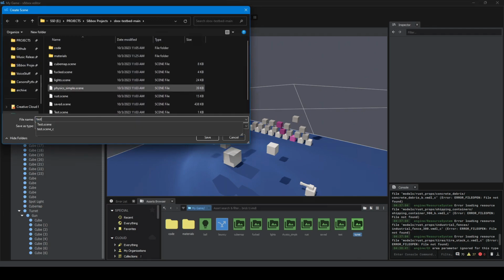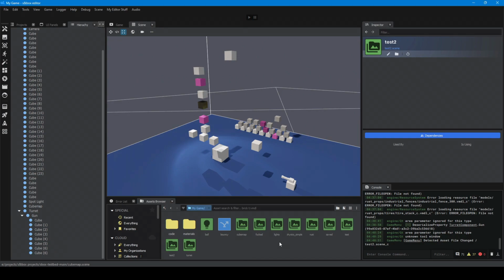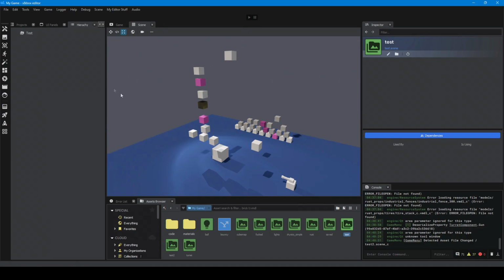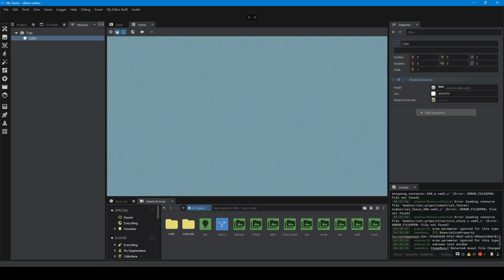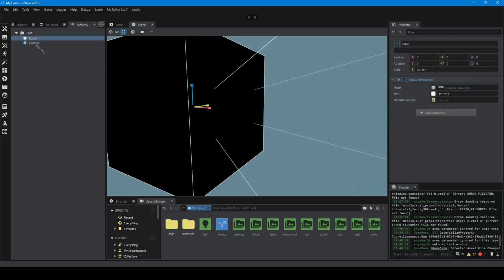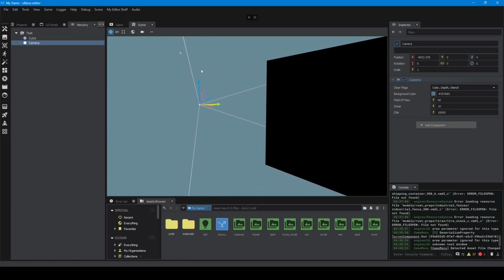Test 2 is what I'll call it. If I load into it, it will just be the empty scene. Here we are. There's nothing here. And you can just create objects. It's very similar in nature to Unity. Boom, there we go. You can also come up here and change some things like the camera movement speed, so